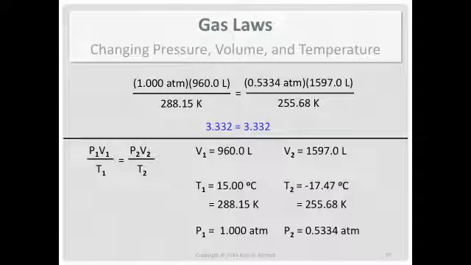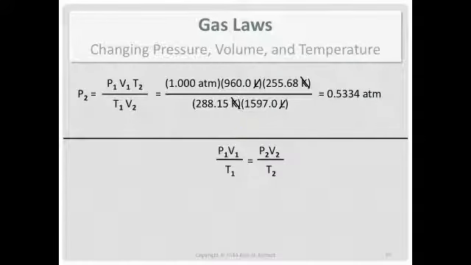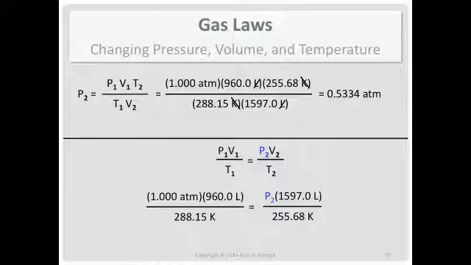Now remember, I did say I was going to show you how you could plug the information in. Okay, so the method on the top, that was the way I preferred. So this other method, look down below. We have the combined gas law. You're looking for P2. So if we plug in all the information, what you can't do is you can't now just say P2 equals some answer. Because while it might be mathematically correct, if you do it that way, you're not showing your work properly.